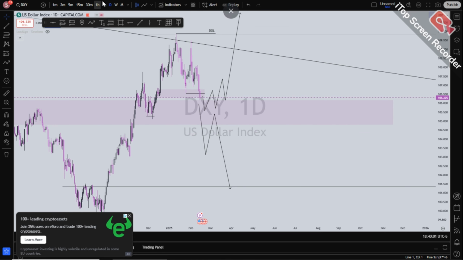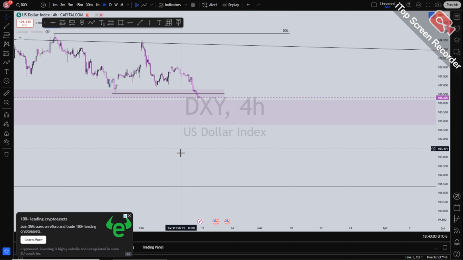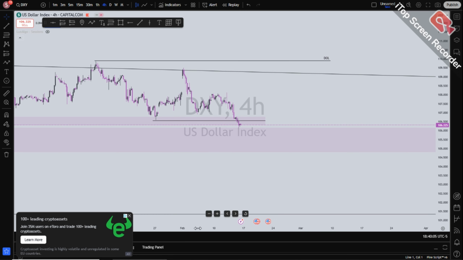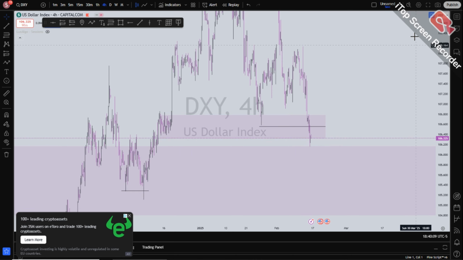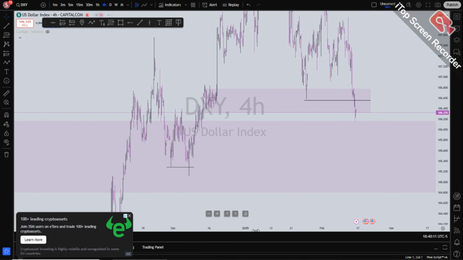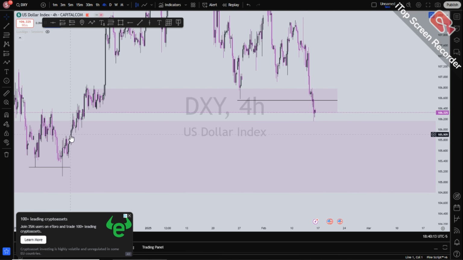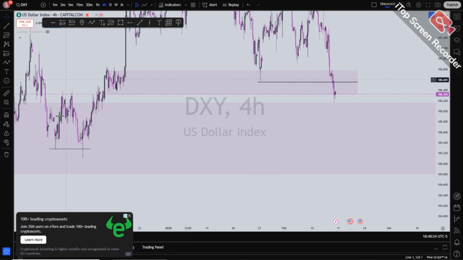So now we have to go down to the lower time frames and look at price action or price structure there. Okay, so now the first one we had here is mitigated. But when I look to my left, I don't see a valid clean order block without noise to trade. Like if you look, this one was very noisy and we don't have a clean order block to trade off. So we just have to be very careful when looking at price action. But for the whole of this order flow area, the best thing we'll actually do is maybe stay out of the market and watch to see how it reacts.